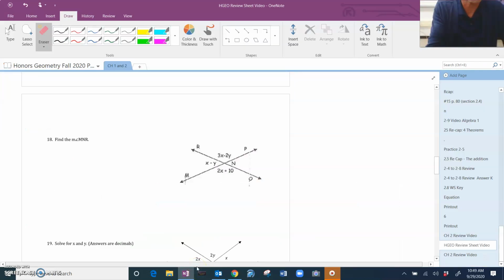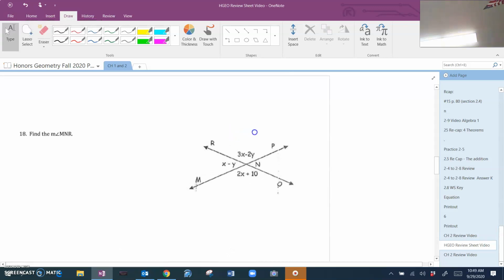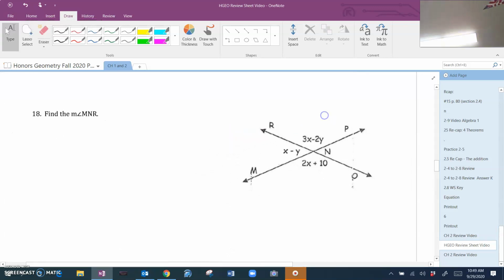All right, geometry kids, we are finishing this review sheet, and we ended off with this problem right here, which is number 18, which is to solve a system of equations using some facts about geometry. To get your equations, this angle added to this angle will give you 180 degrees. That equation gives us x minus y plus 3x minus 2y